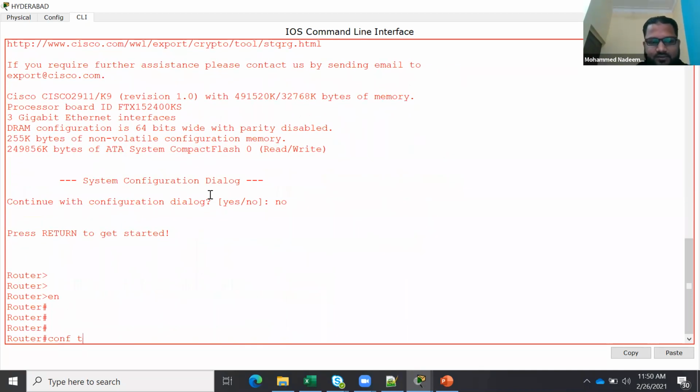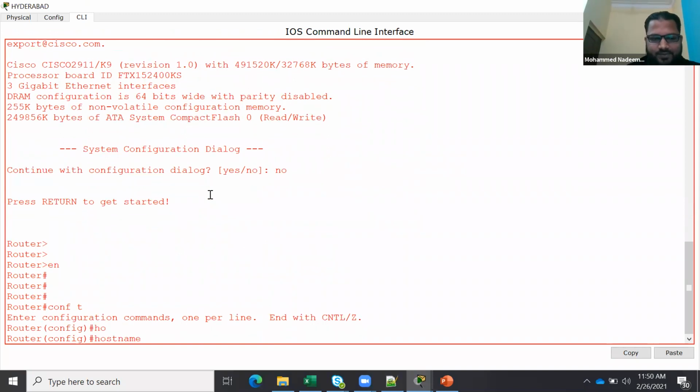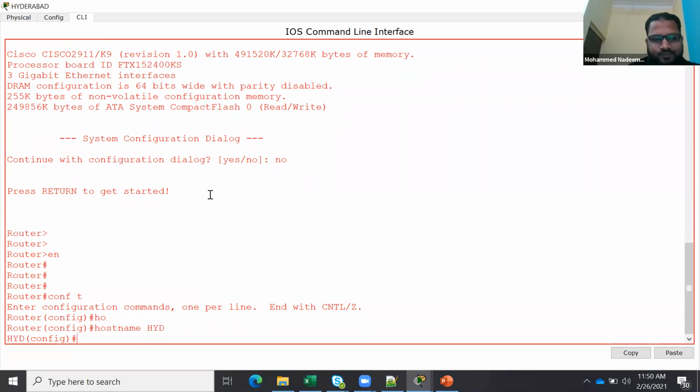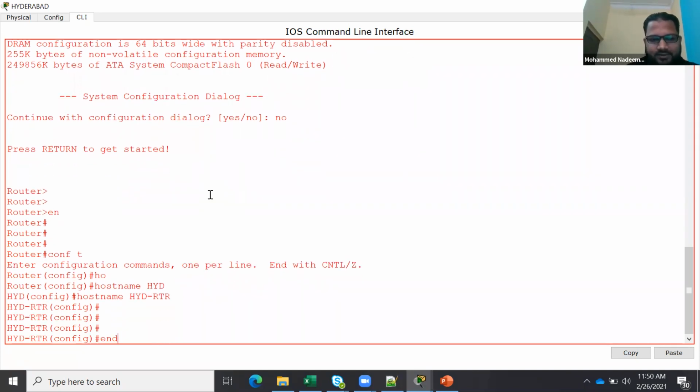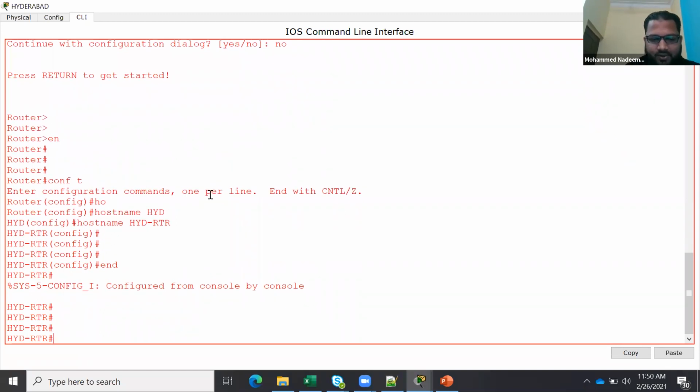First, give the host name. Let's say Hyderabad router, or Hyderabad RTR. Okay, done.